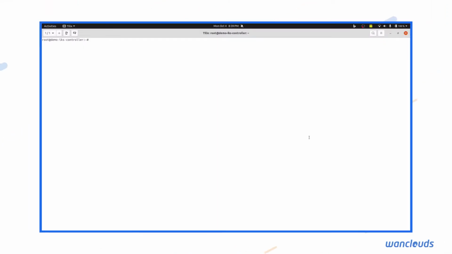In this demo, we're going to take a look at business continuity disaster recovery as a service. We have deployed an application on an IKS Kubernetes cluster, and we are going to take a backup of that application and then create a disaster and then restore it. So let's take a look at the workloads of this application.